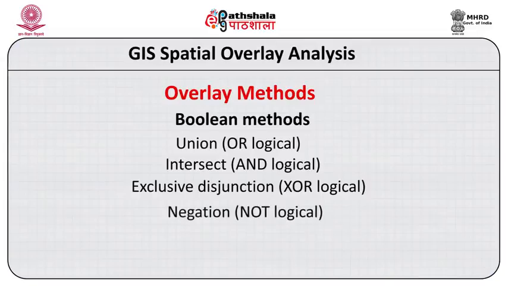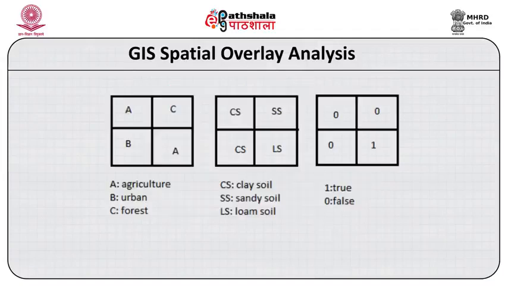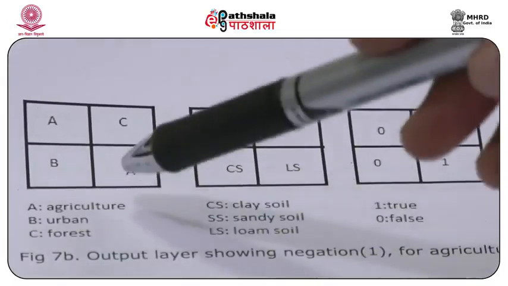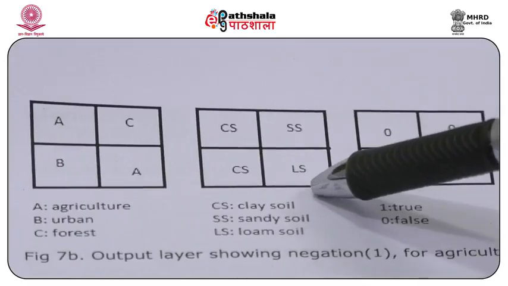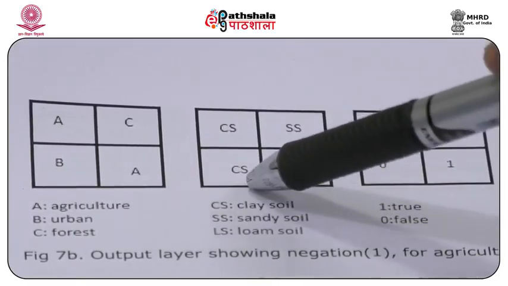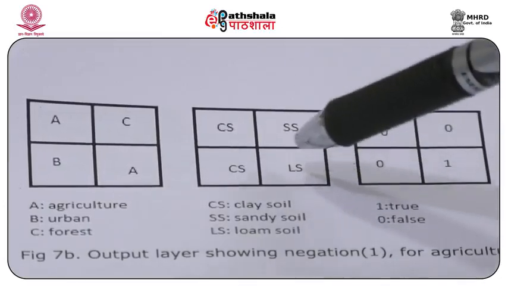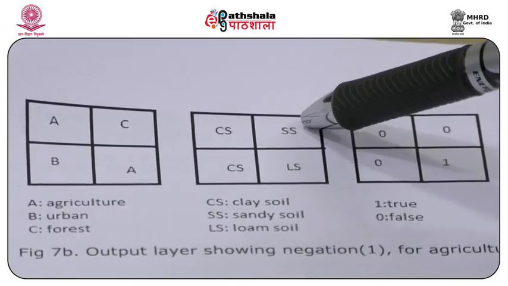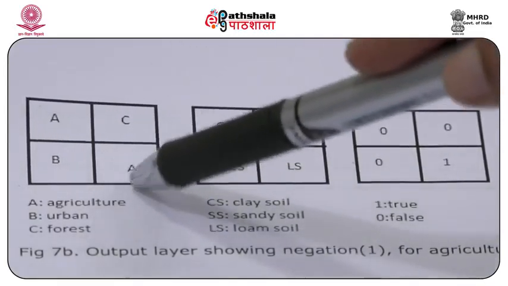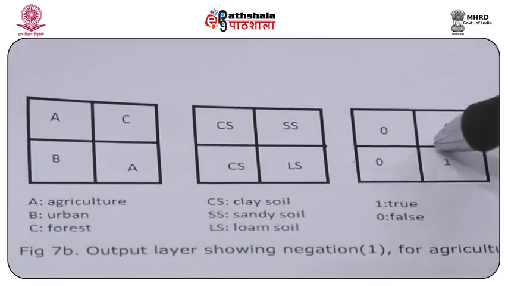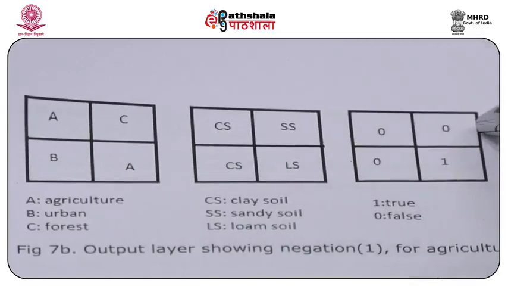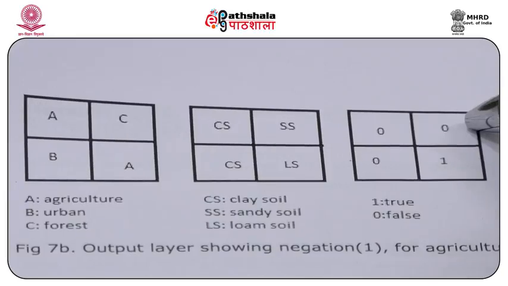Last is the negation logical, which is also known as the NOT logical. So what is happening here? Here we decided to have 2 criteria, where first we need to satisfy that the pixel value is agricultural but the soil is such that it is not clay. If we look at what is not clay, we get pixel number 3 and pixel number 4. But we also need to simultaneously satisfy the criterion that it is agricultural, that is only pixel number 3. So in this case you get a true condition only for pixel number 4 and not in either of the 3 pixels which are left, and they are considered to be false.